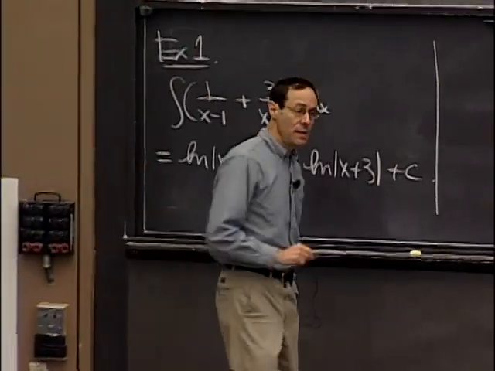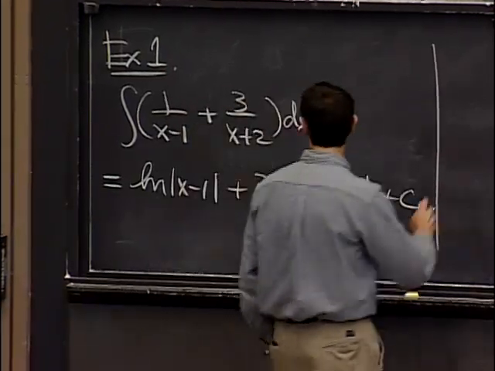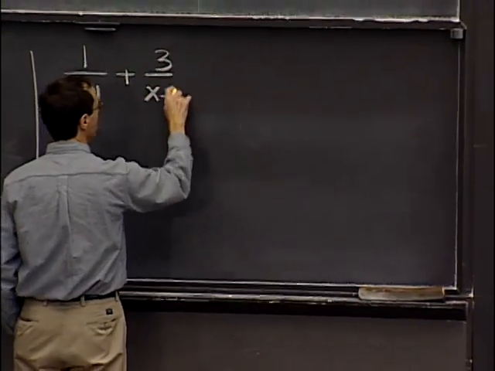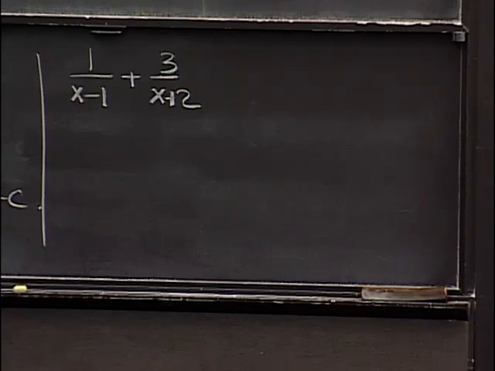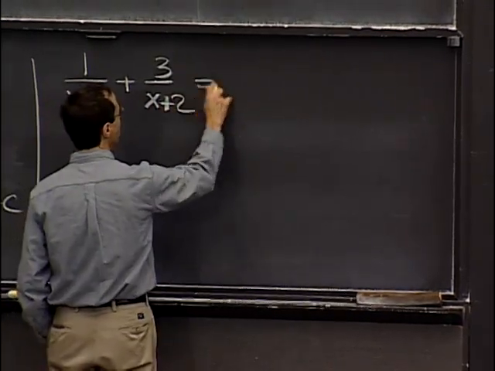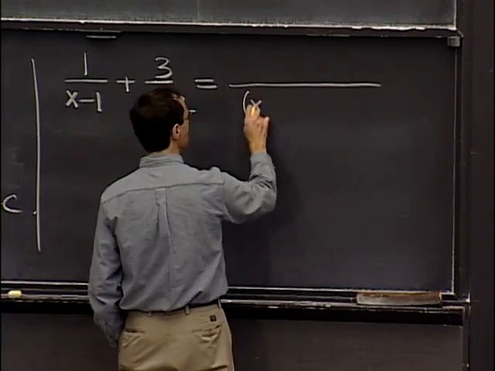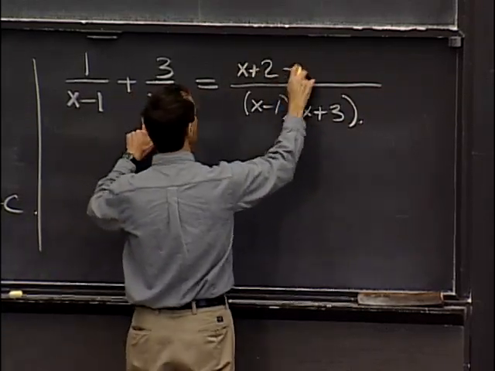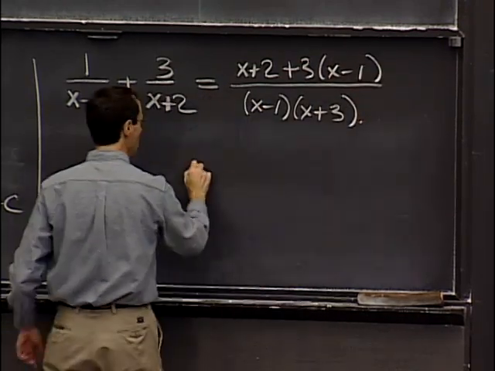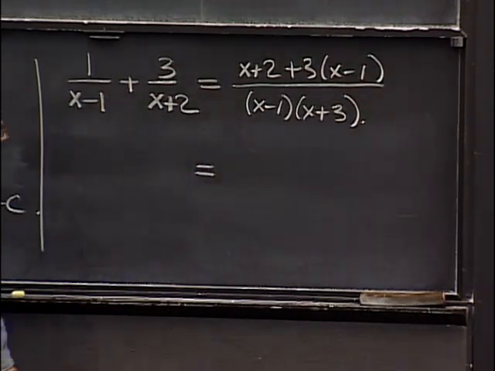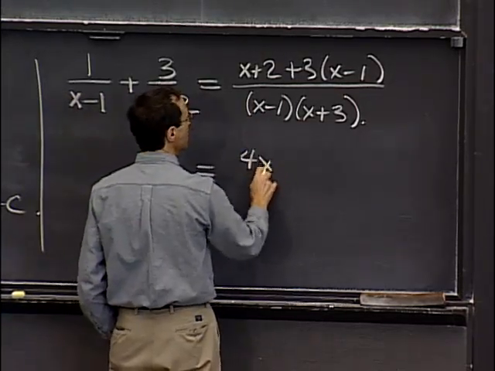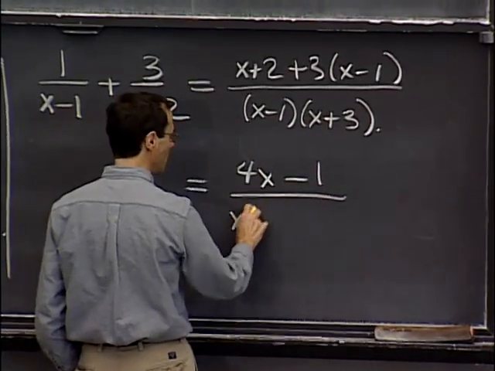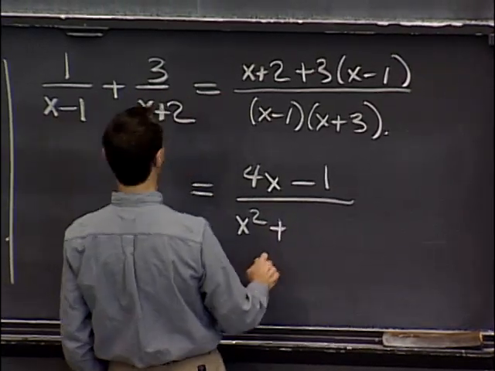So now here's the difficulty that is going to arise. The difficulty is that I can start with this function, which is perfectly manageable, and then I can add these two functions together the way I add fractions. So that's getting a common denominator. And so that gives me x plus 2 here plus 3 times x minus 1. And now if I combine together all of these terms, then altogether I have 4x plus 2 minus 3, that's, I guess, minus 1. And then if I multiply out the denominator, that's x squared plus,